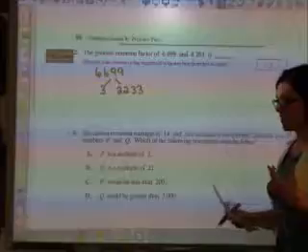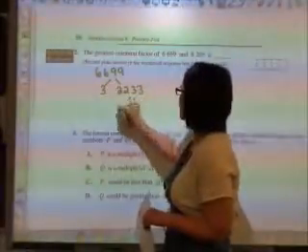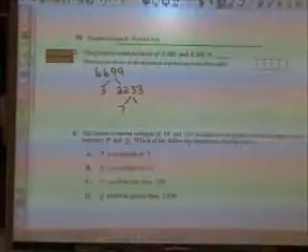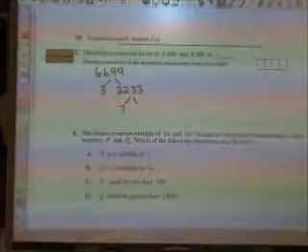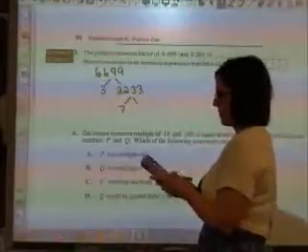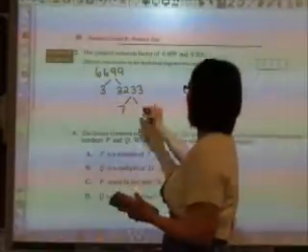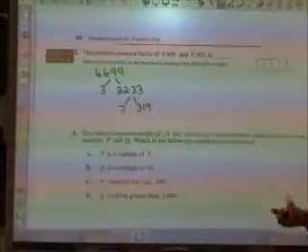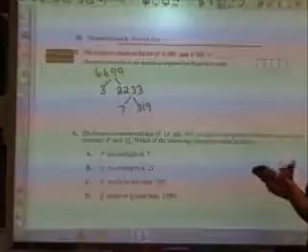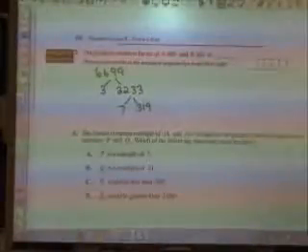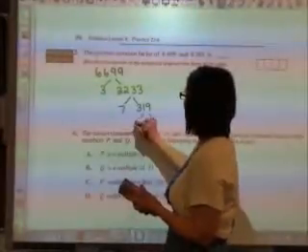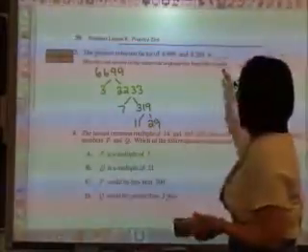It's not divisible by 5. Now I go to 7. From 7 I go to 11. Actually no, this would be divisible by 7, sorry. 2,233 divided by 7 gives me 319. So I check, can I divide 319 by 7? No. So then it's 319. The next number after 7 is 11. And I get 11 times 29. So now if I look at my